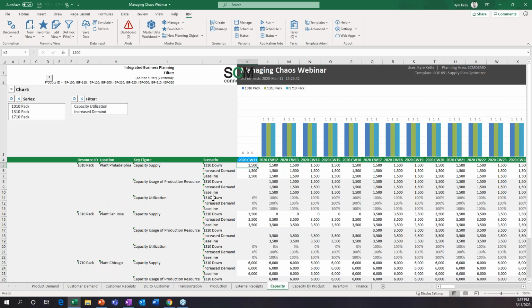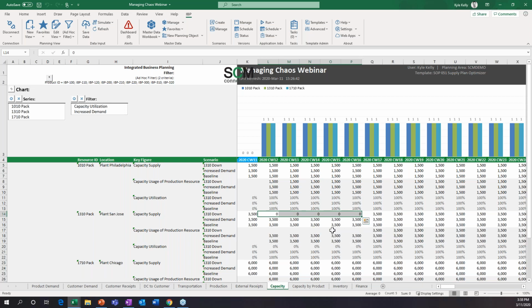And that's a little bit what I did on this particular scenario where we take 1310 down for 5 weeks. I wanted to keep the same demand that we were seeing in our increased demand scenario, but I just wanted to change a few other things. So I created the 1310 scenario based off of our increased demand scenario. So yeah, you can build on top of some of these, which is really nice. It helps you from having to do a lot of duplicate work. So in this case, what we see here is now we have 0 capacity supply for these weeks.